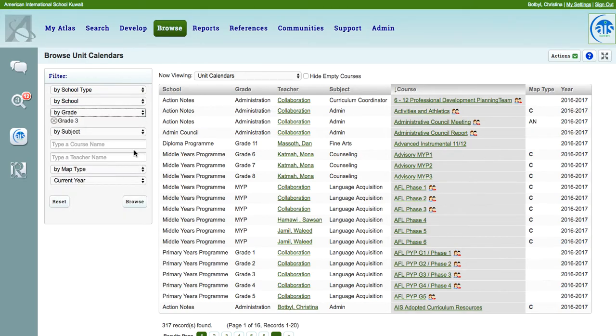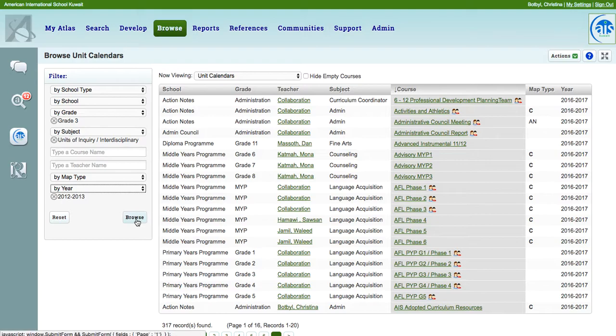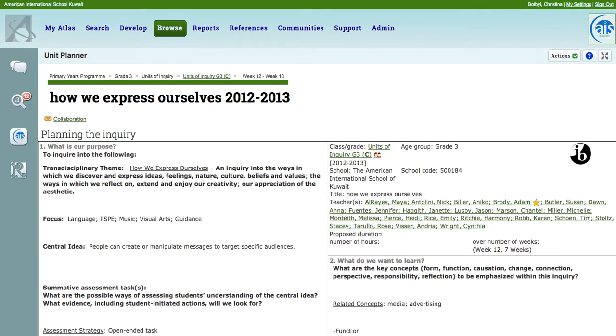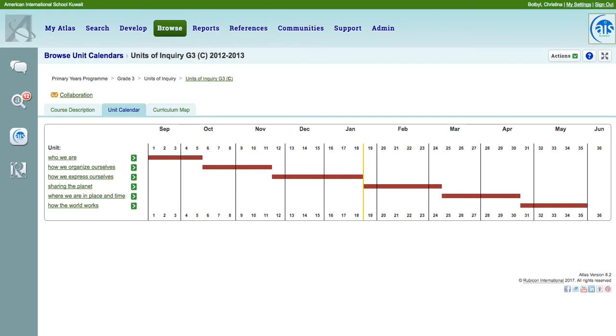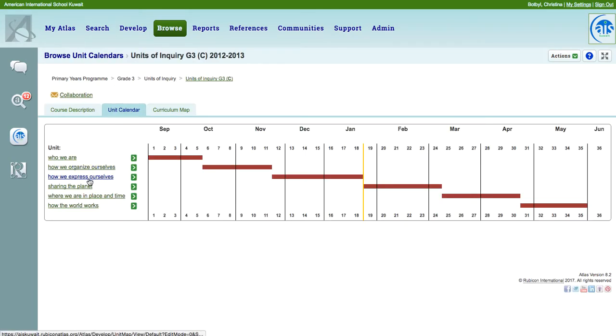Choosing the grade 3 filter, the units of inquiry filter, and randomly choosing the 2012-2013 academic year, I can browse when I click on the course from that year. I see a list of the various units archived. So if I choose How We Express Ourselves,